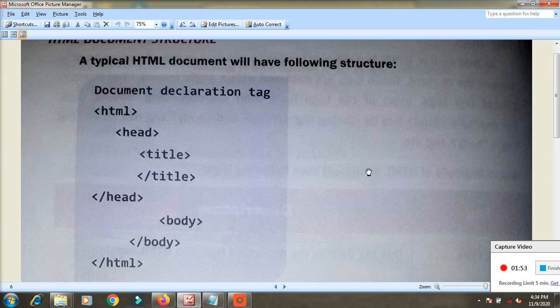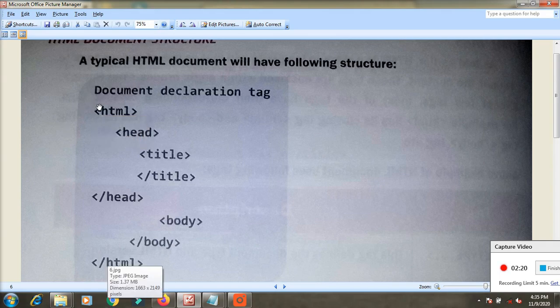If you declare HTML inside the document, it is an error. The HTML tag must be entered at the starting position and ending position. Then only will the system understand we are going to create HTML web pages. So you must enter HTML here and HTML close.